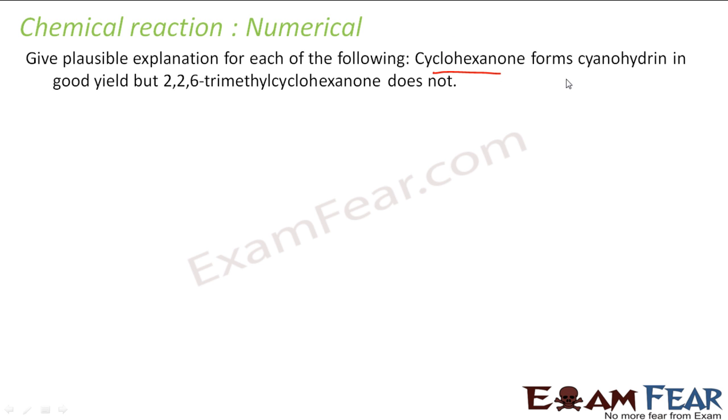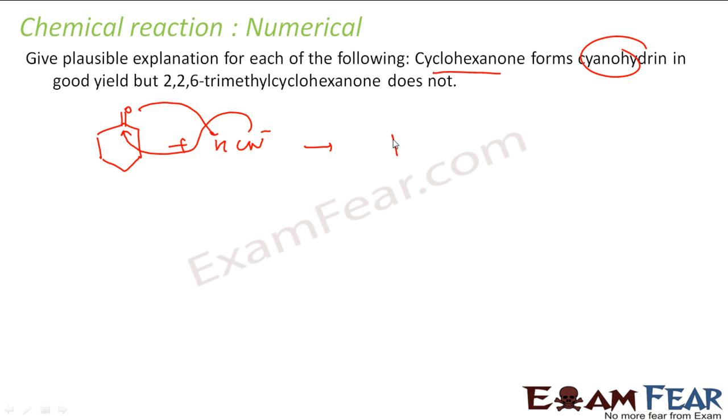So the question is: cyclohexanone forms cyanohydrin. So if you see cyclohexanone, you react with HCN, CN minus attacks this carbon and then H will be attacking here. So you get something like this, OH here and CN here. But